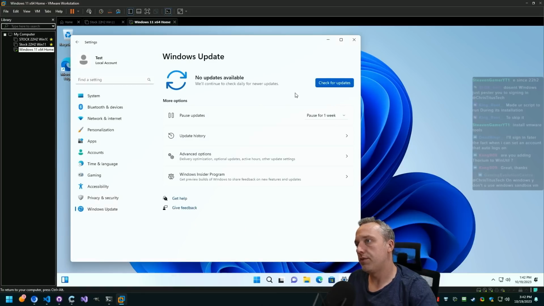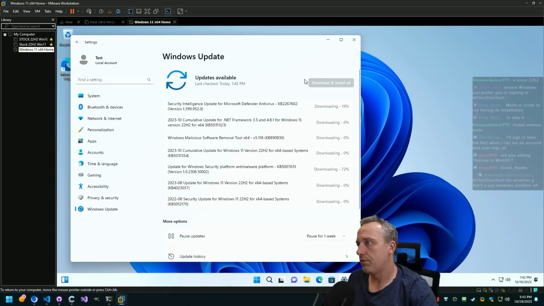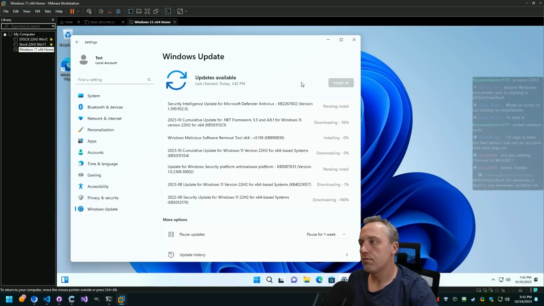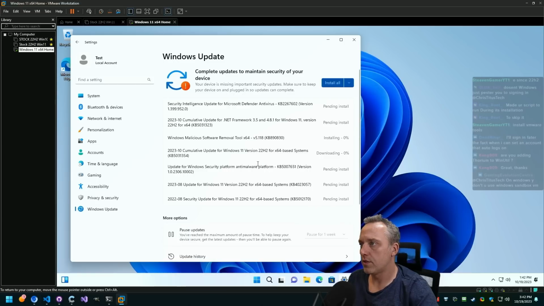Let's go to Windows Update. Probably have a good chunk of updates. It's been 5 months. There'll be a cumulative update. It'll probably take a little bit. It doesn't look too bad. The cumulative update's going to be a little bit long. We've actually got 2 cumulative updates. The .NET's going to take forever. I don't know why .NET 3.5 and 4.8 take forever to do the updates too, but